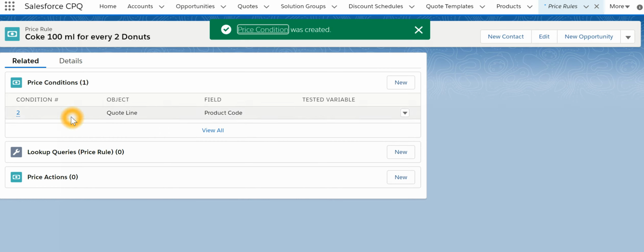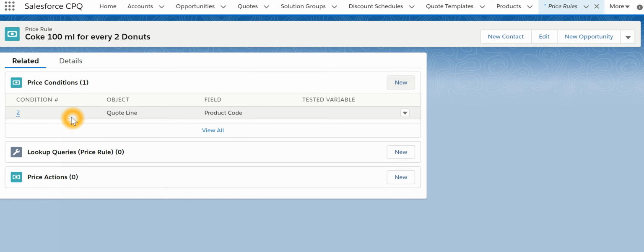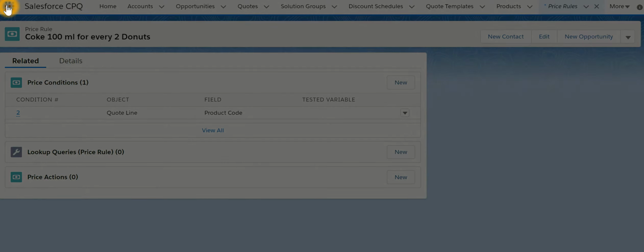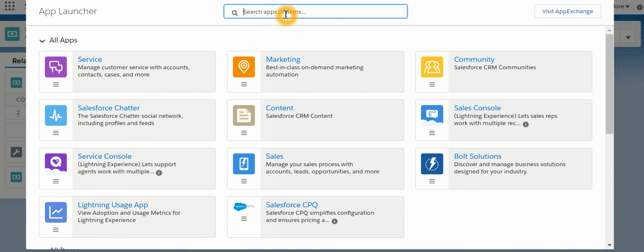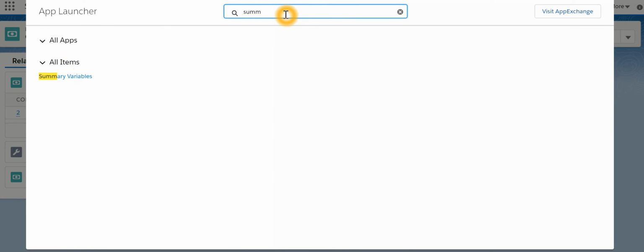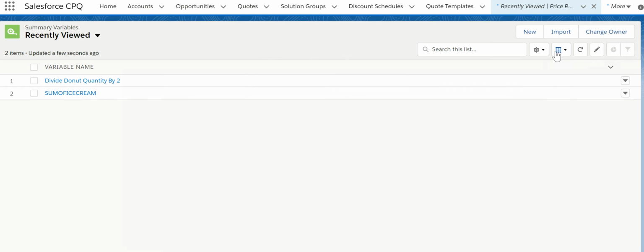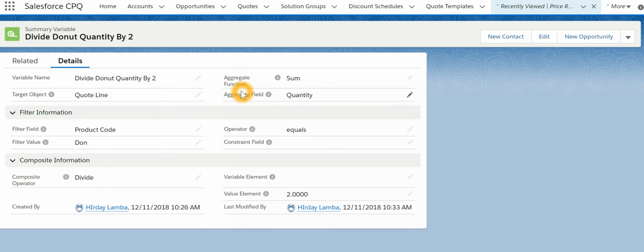The next step is to create a summary variable because we want to find out how many donuts are being sold as part of that particular quote. To do that, let's go back and search for summary variable, say new. So we have a summary variable over here. Let me edit this,